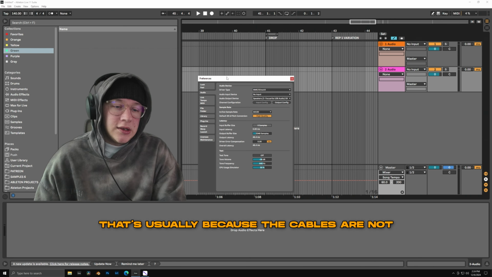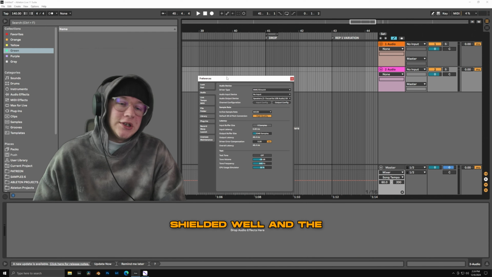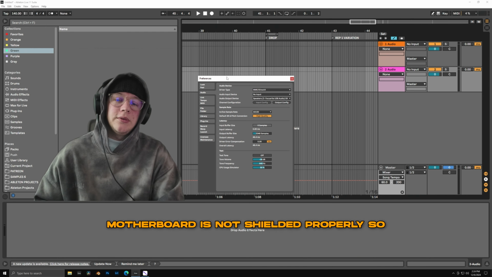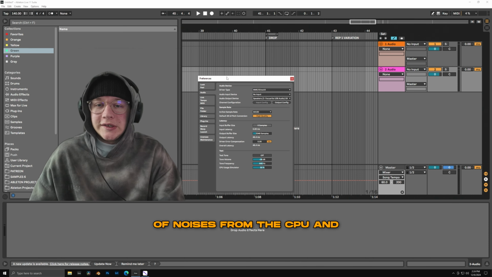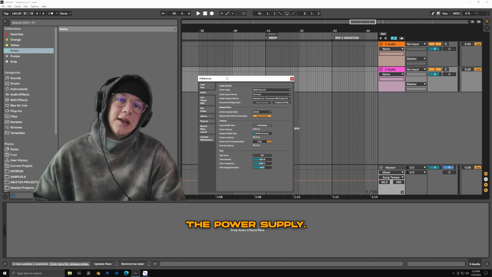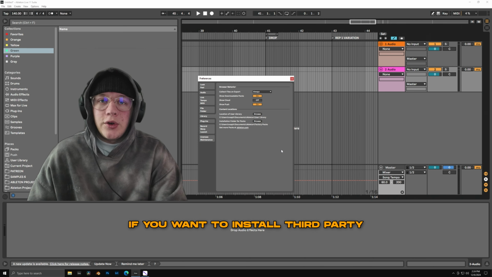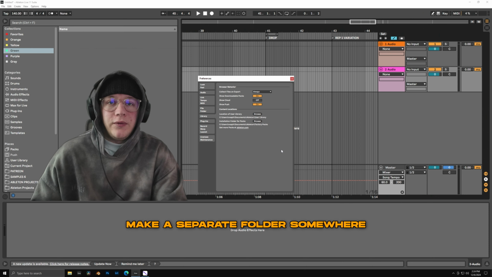That's usually because the cables are not shielded well and the built-in chip on the motherboard is not shielded properly, so they pick up all sorts of noises from the CPU and the power supply. It's a mess. If you want to install third-party plugins later, you should make a separate folder somewhere on your